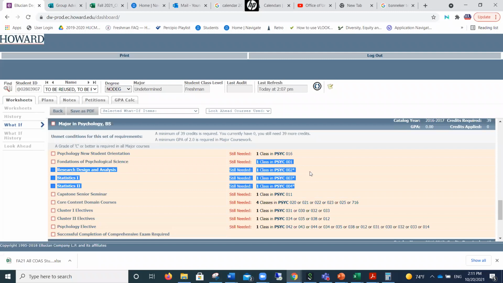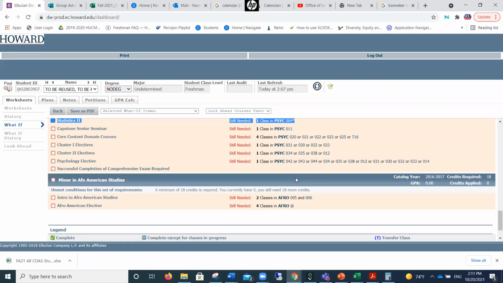So they changed the rule in 2018, 2019, I believe, that said that you no longer had to have these two as a B. You could have a passing grade of a C. However, DegreeWorks did not get updated to that information. So the system still thinks that you need a B for this class, these two classes. So in that sense, when you take this course, if you get a C, it's going to go to a